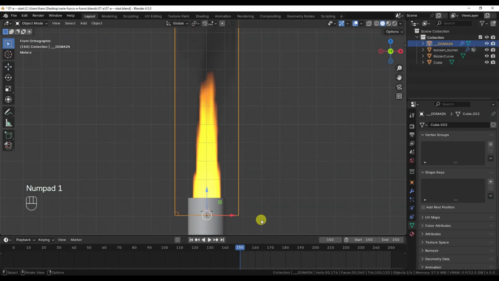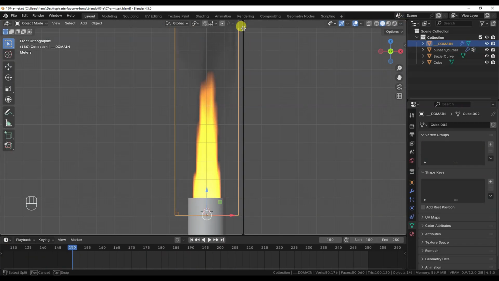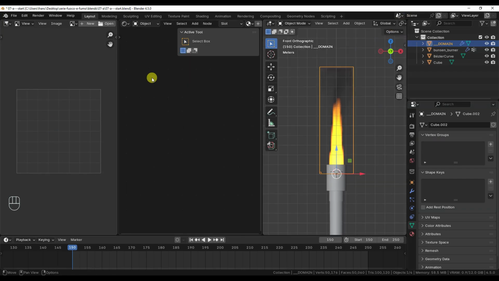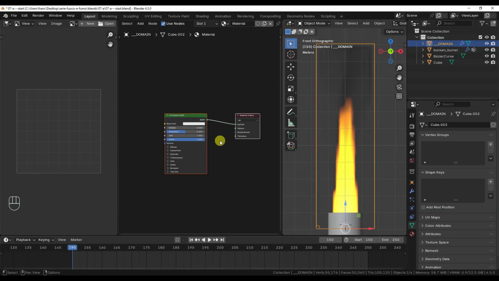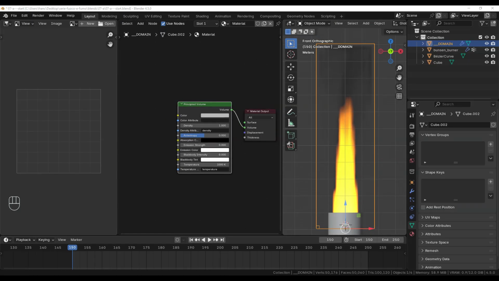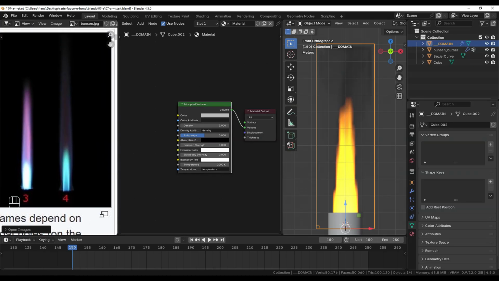Okay, let's move on to defining the material. I'm setting the 3D side view directly to rendered mode with the world background strength set to 0, so at first the preview will be black. In an image editor on the left I've placed a reference image, while in the center I have the material editor with a domain, which has a principled volume node.